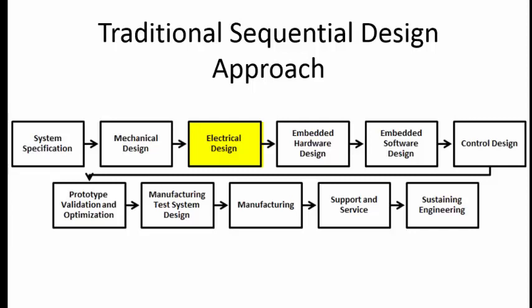Once the electrical design is completed, it goes for the embedded hardware and embedded software design. Embedded hardware and embedded software is the computational part, the sensors and other elements, all the circuitry and microcontrollers. So you may have a DC motor, or you may have an AC motor. Your embedded software and embedded hardware should be in relation to the electrical design you have done. You may have much better options available if you have thought out initially what kind of control is required.